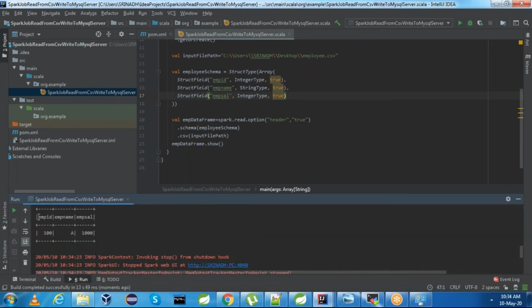We are able to see the data. That means we are able to read the data from the CSV file.